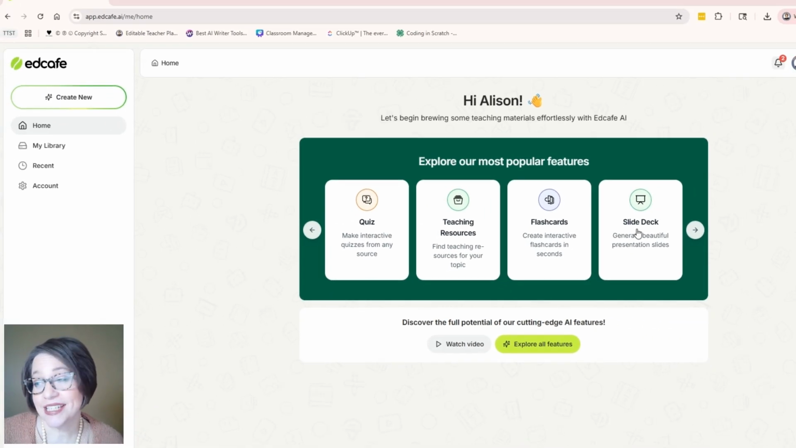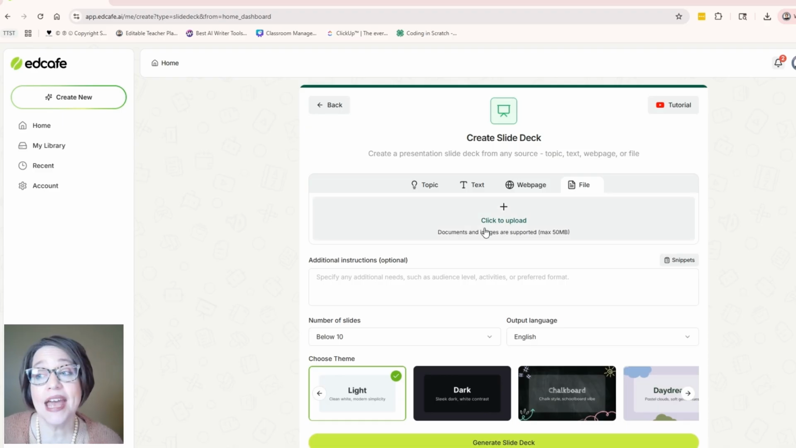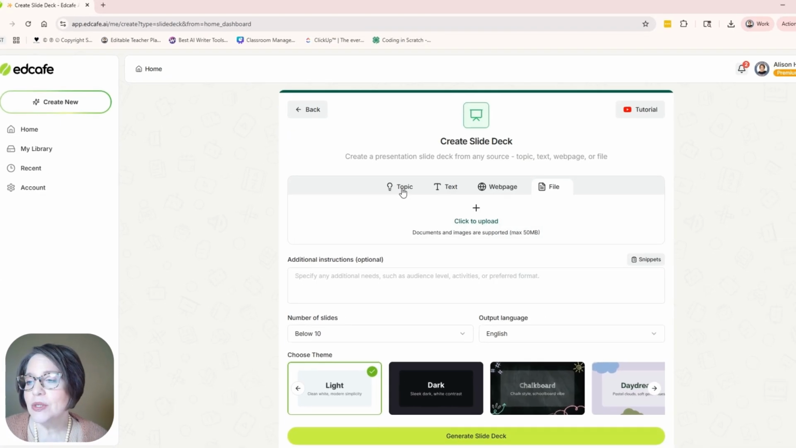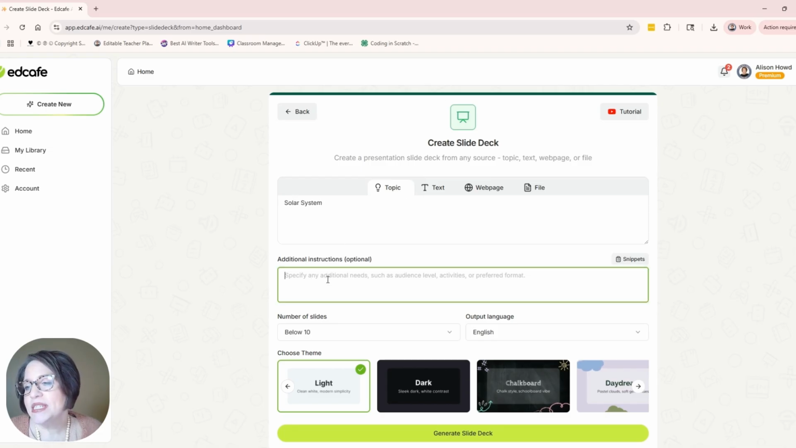Let's start by selecting slide deck. And you can see we have our tutorial on the top that could walk me through. If I want to do a topic or I want to enter my own text here, or I have a web page that I want to make a slide deck from, or if I have a file, something that I'm teaching in class already, I could put that in there and it could create a slide deck for me. Let's go here and I'm going to say solar system,